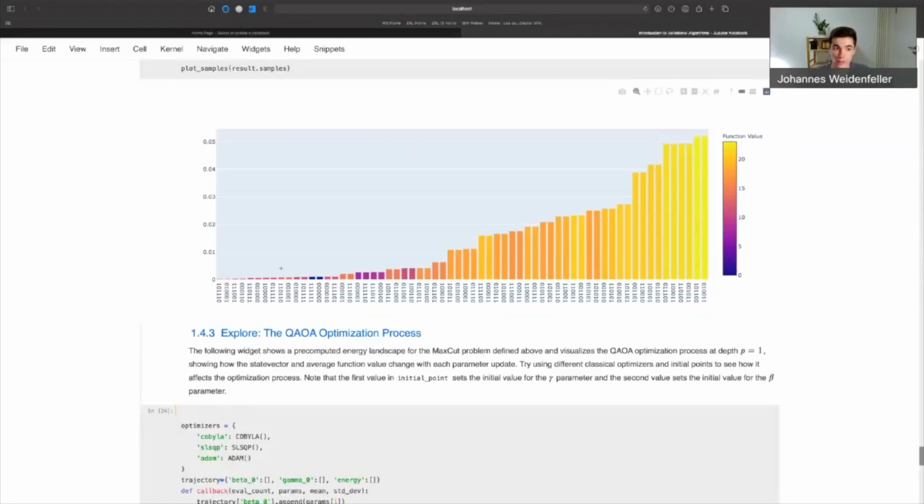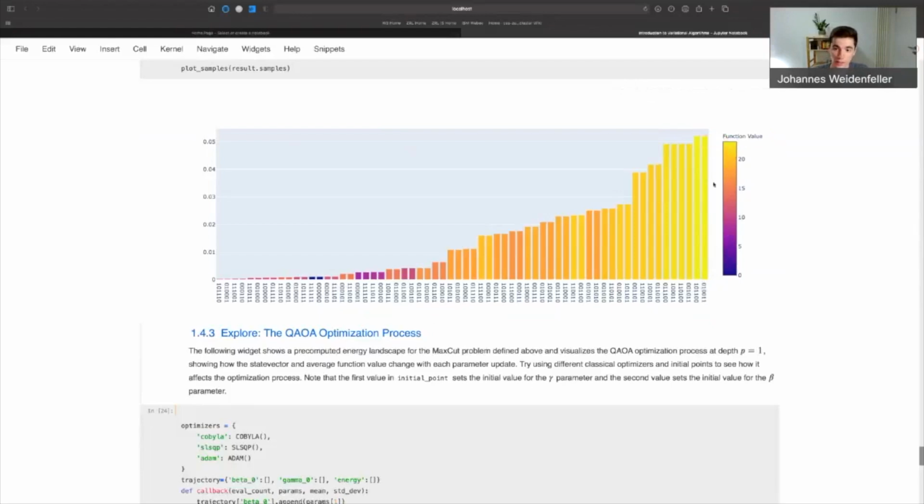Now, the height of the different bars in this diagram shows us the probability of sampling this exact bit string when we sample from our quantum state. So basically, the amount of overlap that our quantum state has with the corresponding bit string or computational basis state.